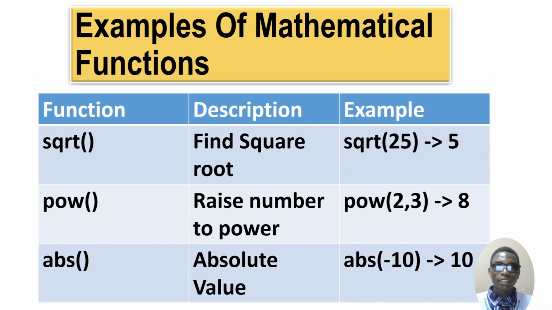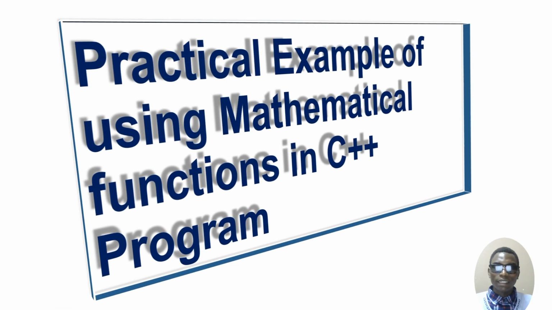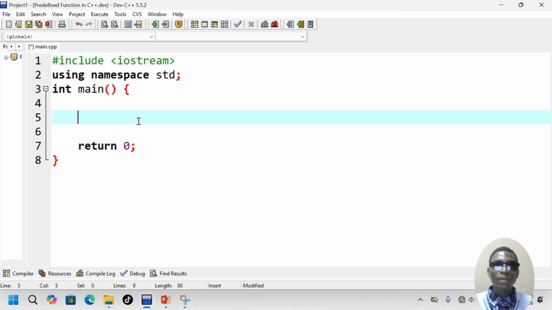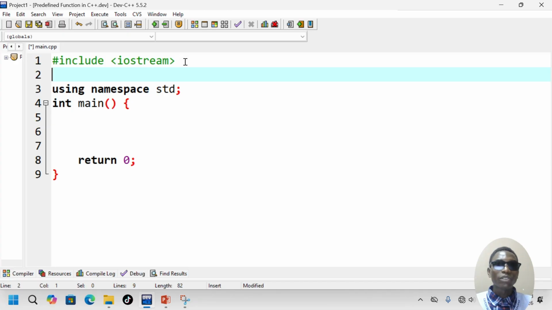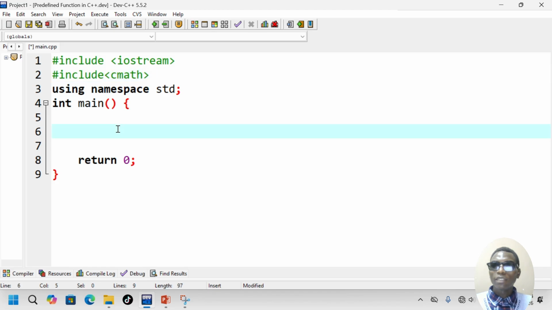So here, in order to be aware of how it works, let us take a practical example of using mathematical functions in a C++ program. Yes, here what we need to do, first of all, we need to include that cmath header, right? Since we are going to use the mathematical functions, we include cmath here. Then after this, we don't need to make any declaration, we don't need to develop any function, we just need to print out, cout, the square root